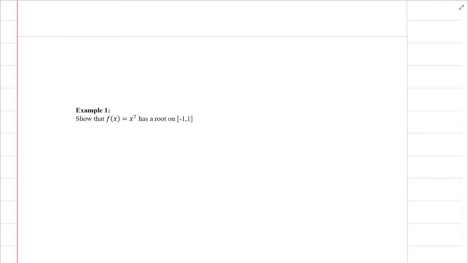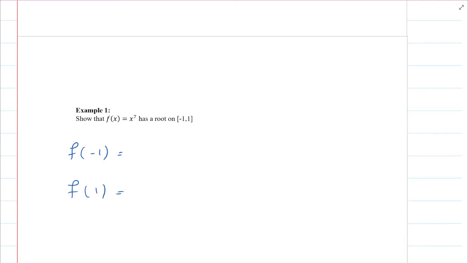So what I need to do, of course, if you know the graph, you are able to show that. But in many cases, either the function is so complicated or we don't know the graph of the function. So if I can show that f of negative 1 and f of positive 1 have opposite signs, then that means, according to intermediate value theorem, there is a root between negative 1 to 1. I mean, you obviously know that the root is 0 in this case, but we're just testing intermediate value theorem,